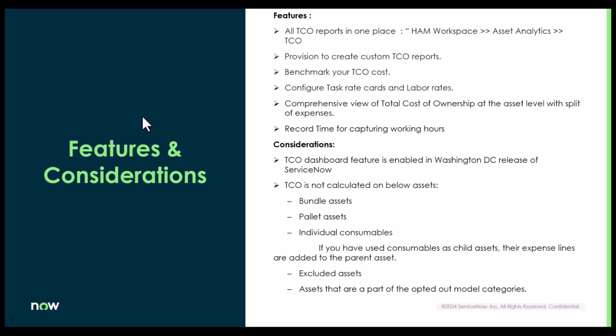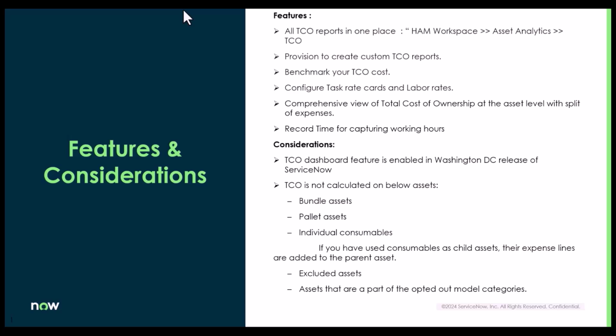One can also configure the task rate cards and labor rates, which is more applicable to the fulfillers. This is more aligned to the HAM workflows like donor, refresh, disposal, reclamation, etc. It also provides a comprehensive view of total cost of ownership at the asset level with a split of expenses. Also, it gives the fulfillers the provision to record their working hours while fulfilling a particular HAM